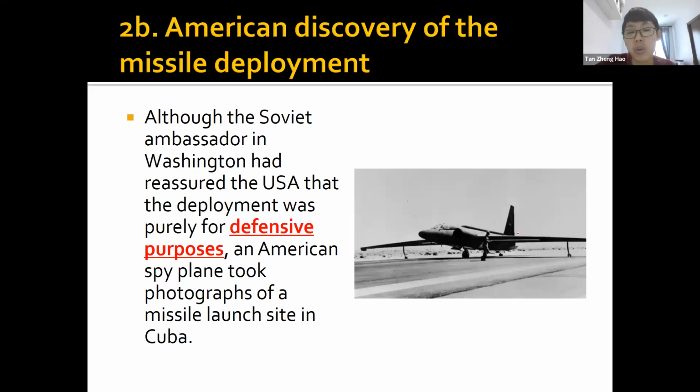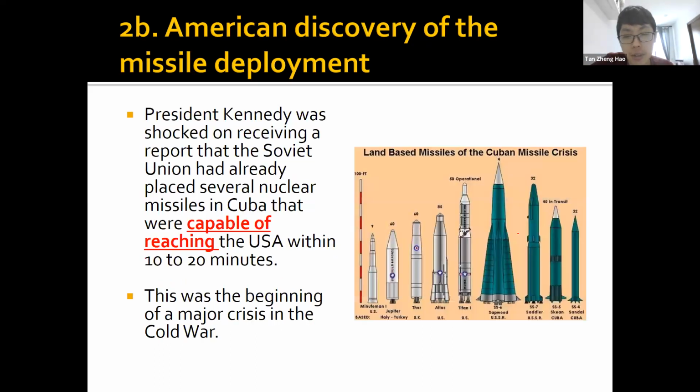Okay, although the USSR side may tell America that it's for defensive purposes, the missiles, if it's for defensive purpose, you can also use it for offensive purpose, basically. And they can reach the US, like I said, very easily. So the US clearly will feel very threatened by it.